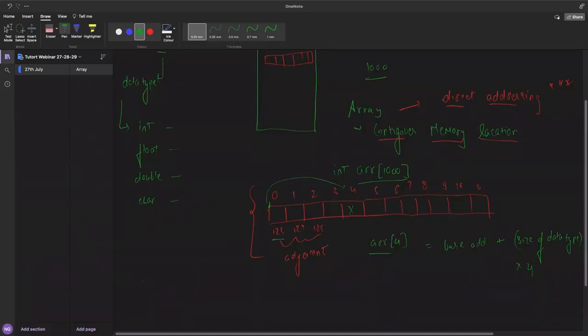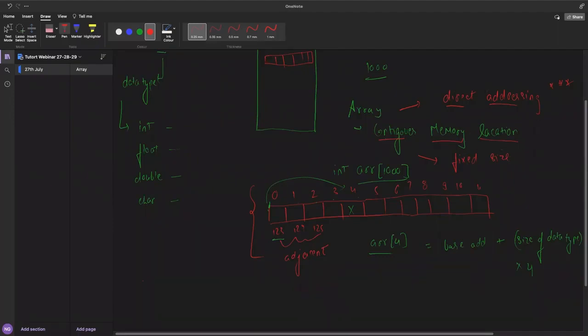Similarly, we have a disadvantage of using the array also. What is the disadvantage? It always needs to be of fixed size. In the beginning itself, you need to give the size of the array, like 100,000, even if you are not using that much.